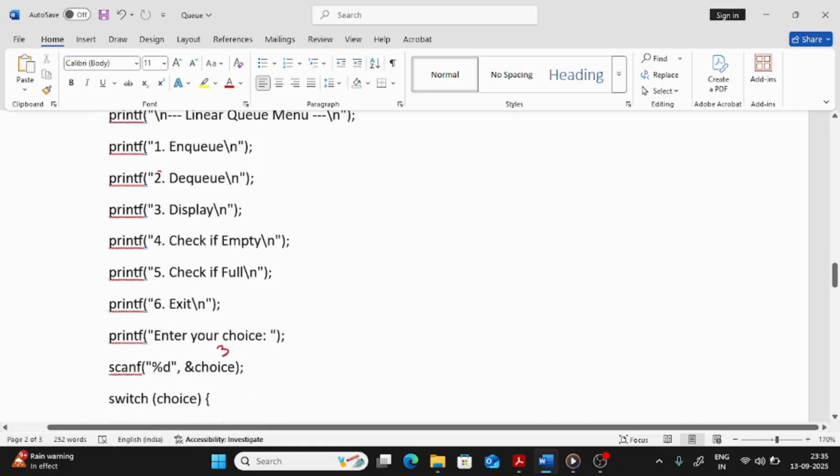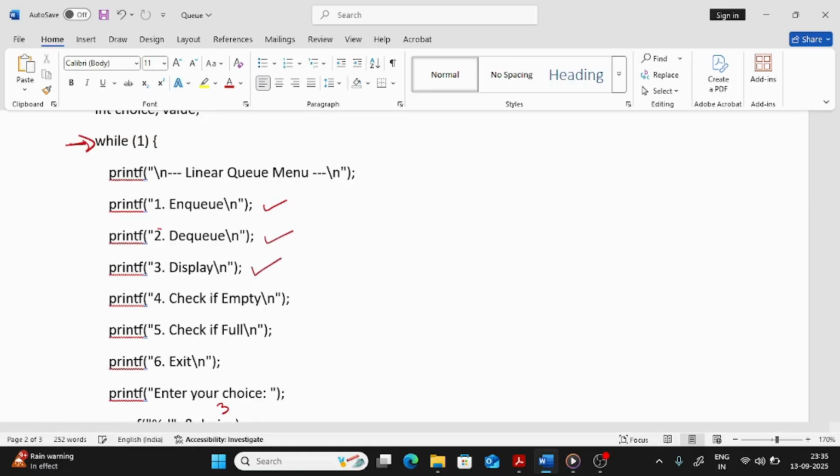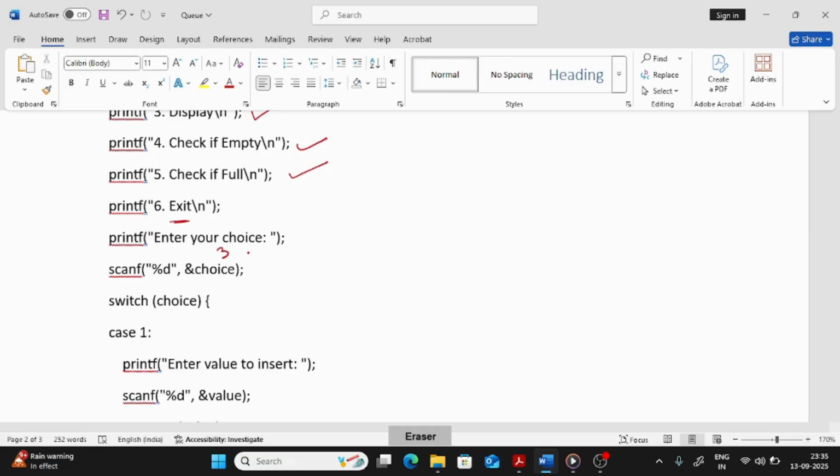So if we go to the main function, we have seen the enqueue function, we have seen DQ, we have seen display, we have seen if it is empty, and we have seen if the queue is full. Now what is this? Exit. Now see, this is a while loop which is continuously running. Why? Because it is always true. Suppose you want to exit this while loop, you just need to go to this exit function. So basically here, if you enter the choice as 6,